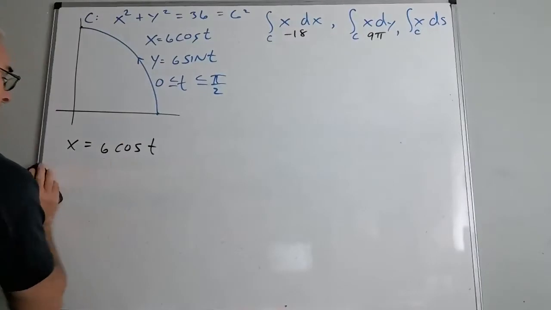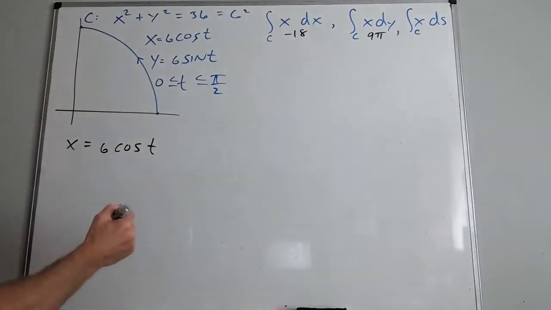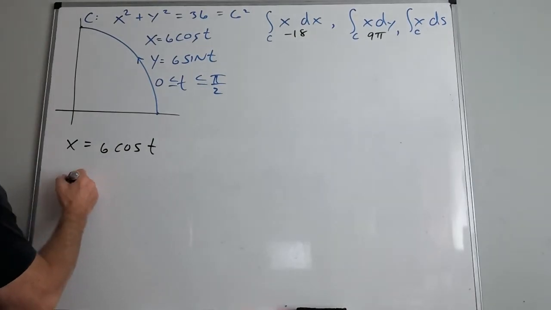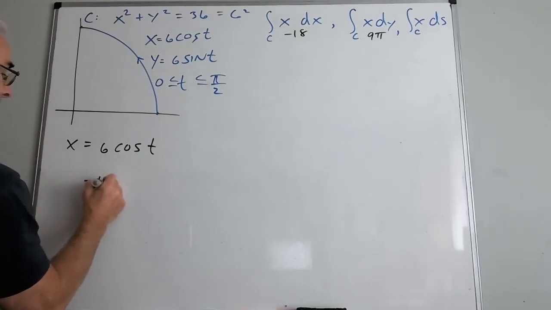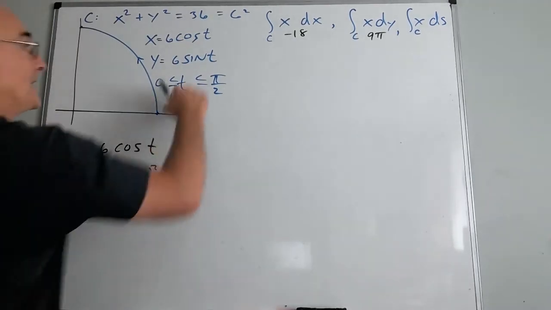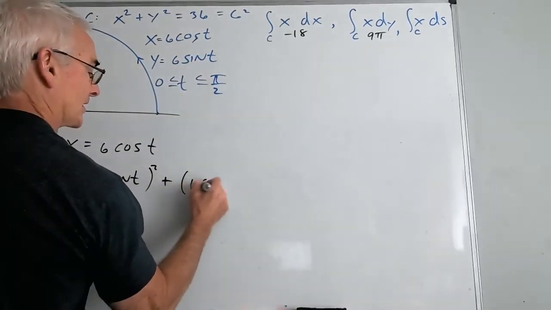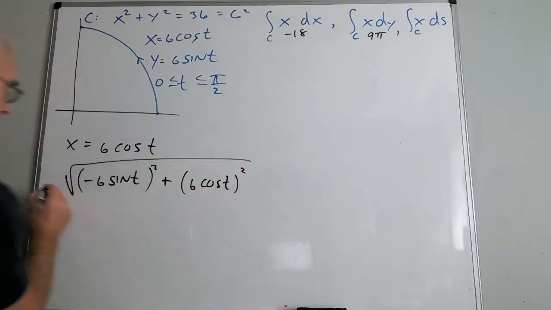All right, so now that's my x. Okay, what is ds? Well, ds, we just did a moment ago. What is dx/dt? That was -6 sin t, and I'm going to square it. What was dy/dt? We just did that. That's 6 cos t, and I'm going to square it. All under the square root